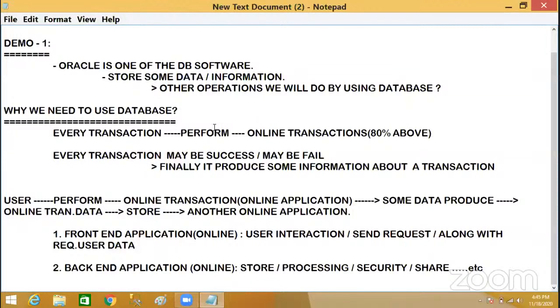Where can I store all this information? When database softwares are not there, how would you store this online data, yes or no? Amazon and Flipkart are apps we use to book our products.